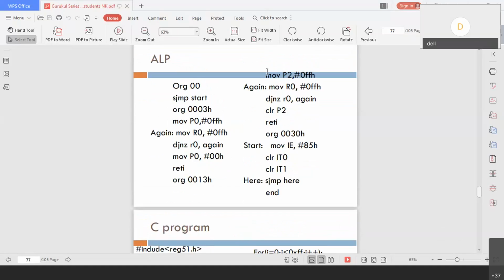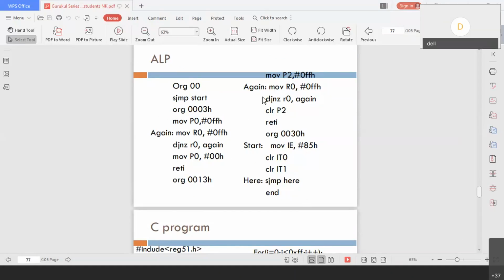If you see the second part, the right side, move P2 equal to 0FF, meaning input port. So let's jump to start directly. If you come to start and see, IE is equal to 85 because I enabled external interrupt 0 and external interrupt 1. Clear IT0, then clear IT1. Both we clear. So yes, jump here. That is the end of it.